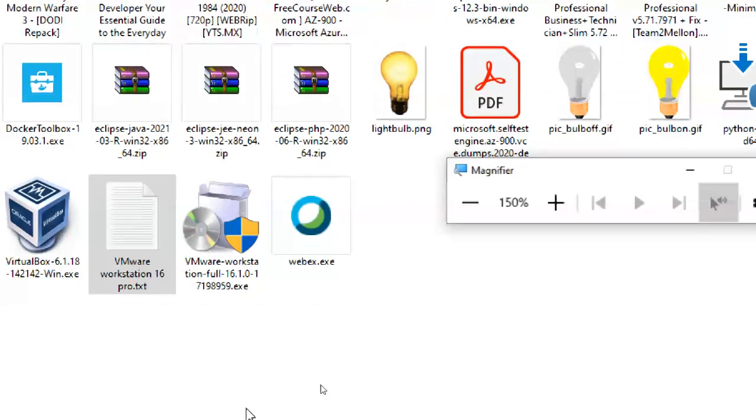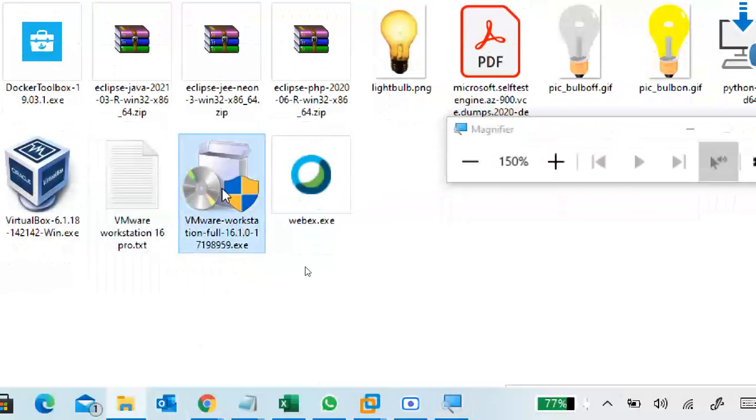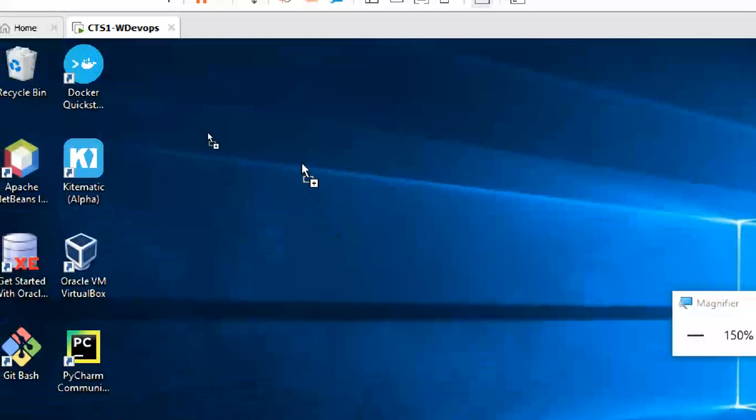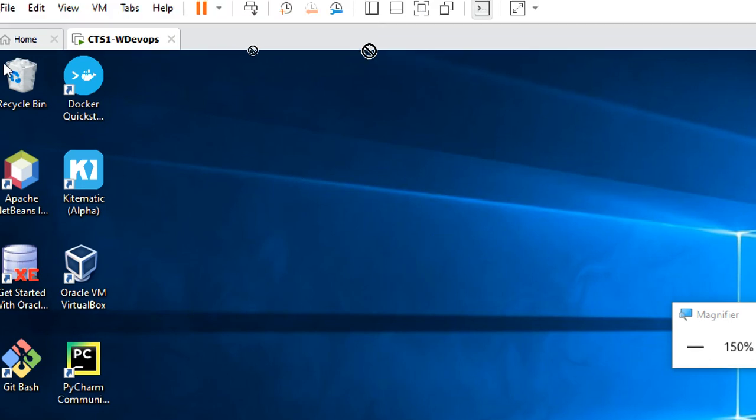Meanwhile, I will copy it. So this is my VMware Workstation. I click it, drag it, and paste it into my virtual machine. When you see this plus symbol, can you see this one? The box and plus symbol, not a cross symbol. I keep my right click held and wait for the plus symbol.